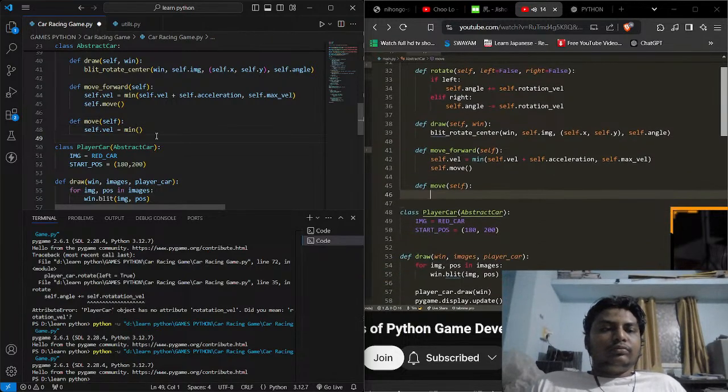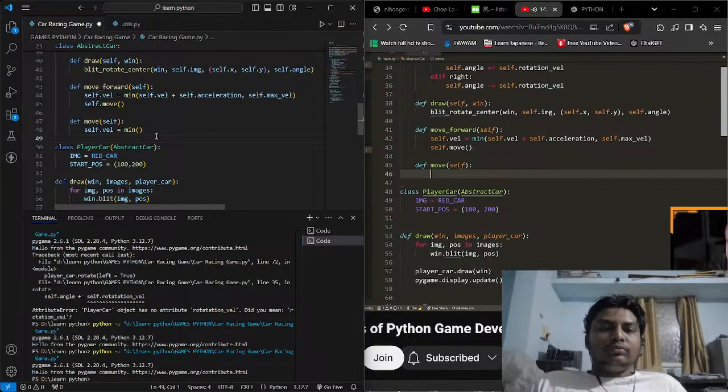Now, the thing is, inside of move, I need to actually calculate what direction I'm going to move my car. Because if I'm angled to the right or I'm angled to the left, then I need to move in that appropriate direction. I can't just go up or go right or go left. So I'm going to start by just showing you how we move in one direction, so I guess one plane or one dimension, and then I will show you how we can move in multiple dimensions. So move X and Y based on the direction of our car, and that's going to involve a little bit